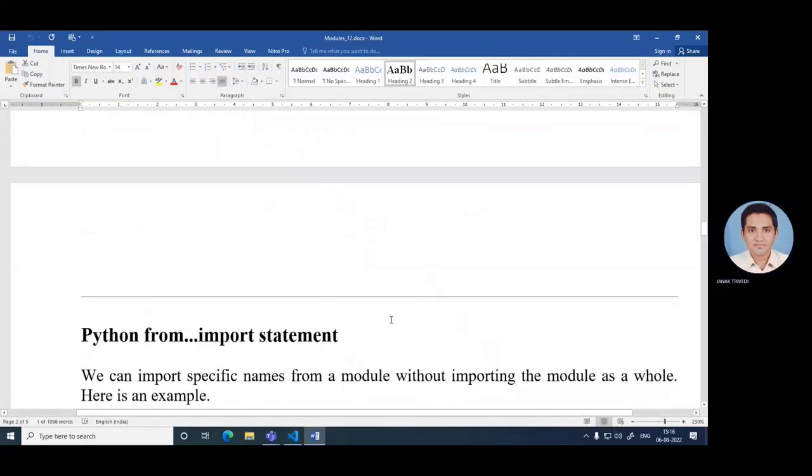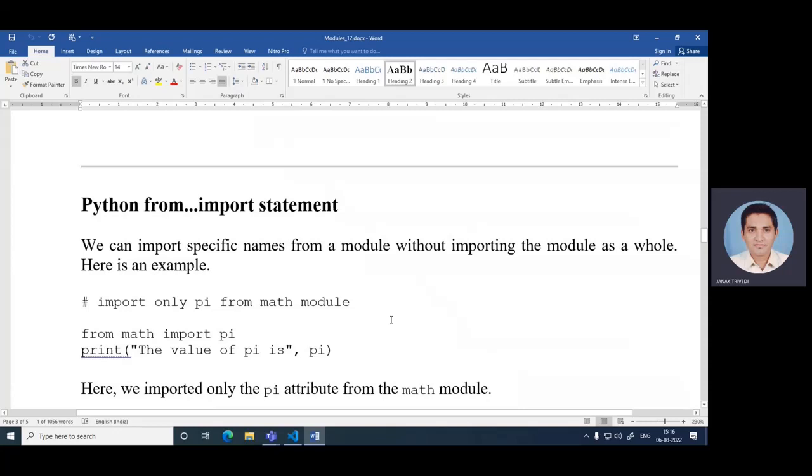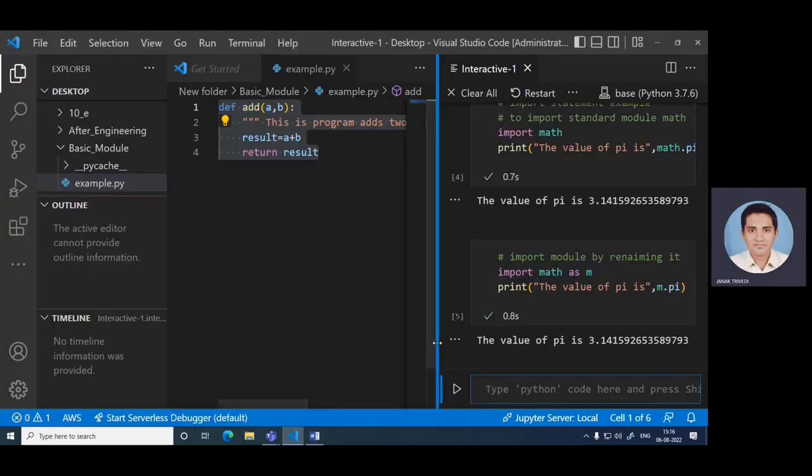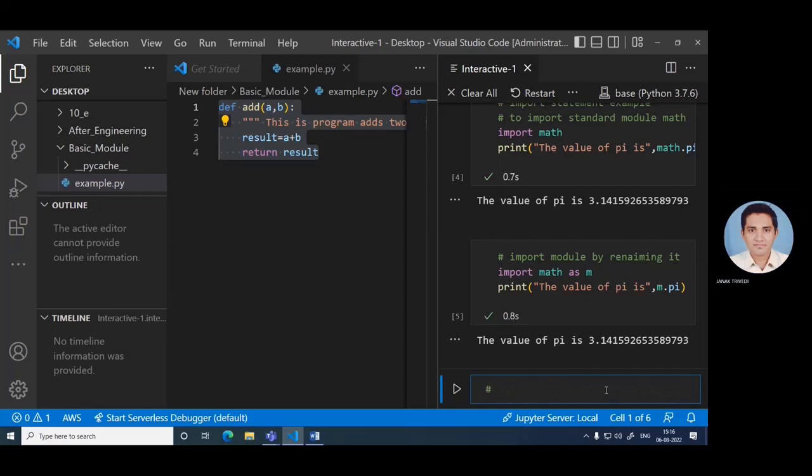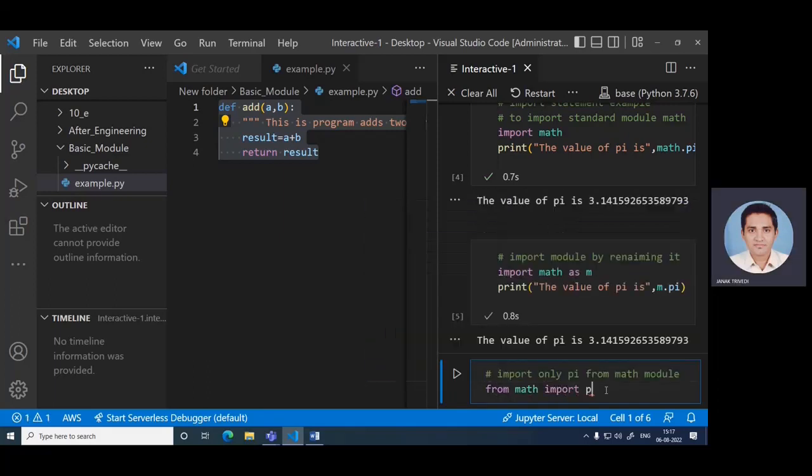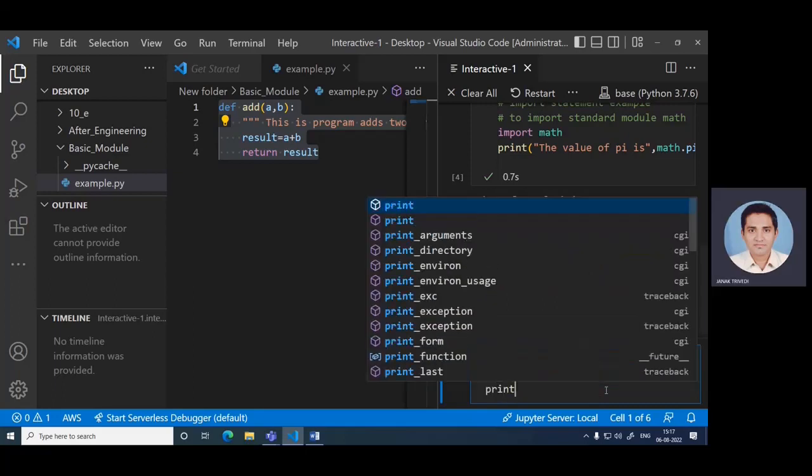Next one is Python from import statement. So we can import specific names from a module without importing the module as a whole. Here is an example, like import only pi from math module, from math import pi, print